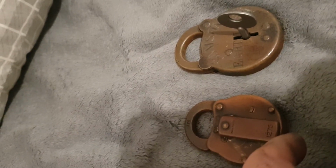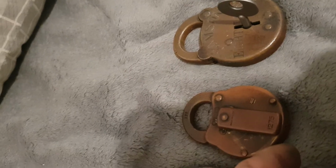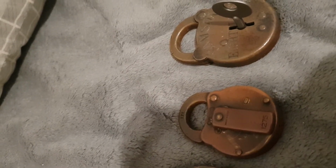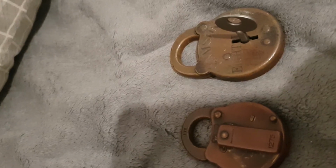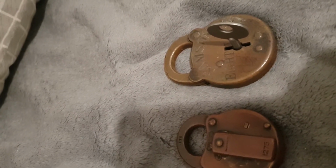So yeah, if you're really into key making like I am, you're really not going to be able to make some of these determinations until you have the lock in your possession. And frankly, there's just a lot of sellers that just don't know better. So for the most part, you just have to kind of go with your gut